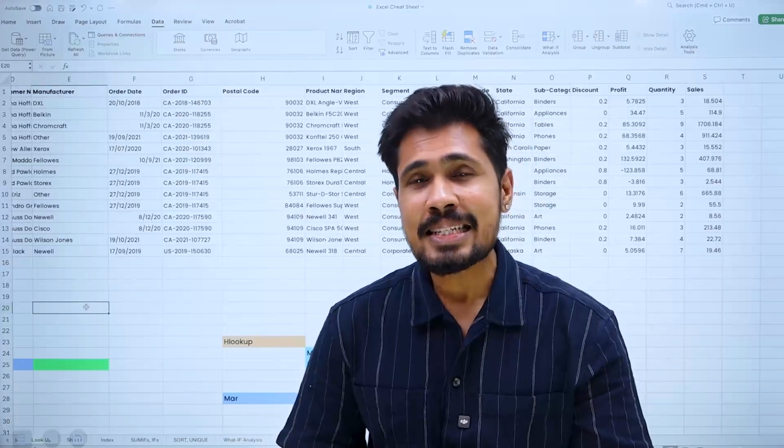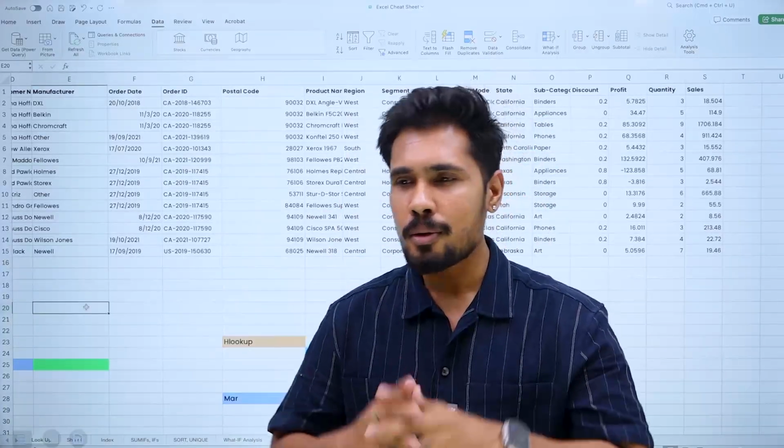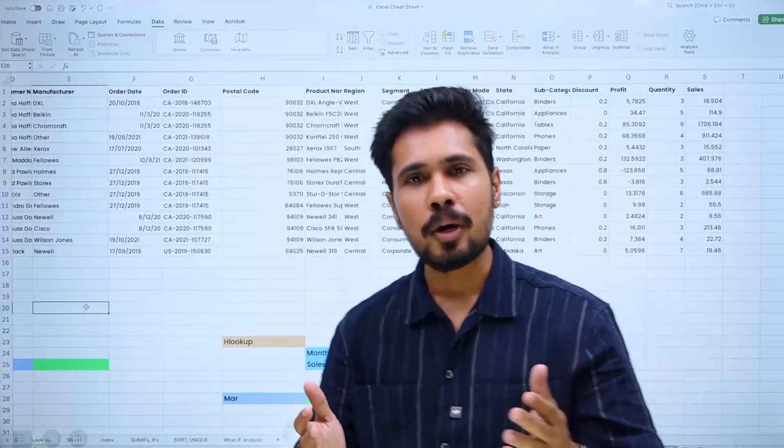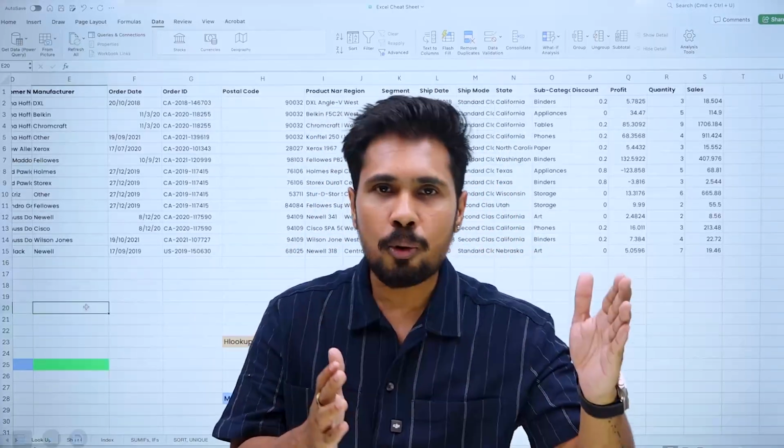Hey, hi. Let's explore various Excel cheat sheet commands. What does it mean by that? So, let's explore various Excel commands like VLOOKUP, HLOOKUP, XLOOKUP, or we will be exploring Scenario Manager, Goal Seek, Data